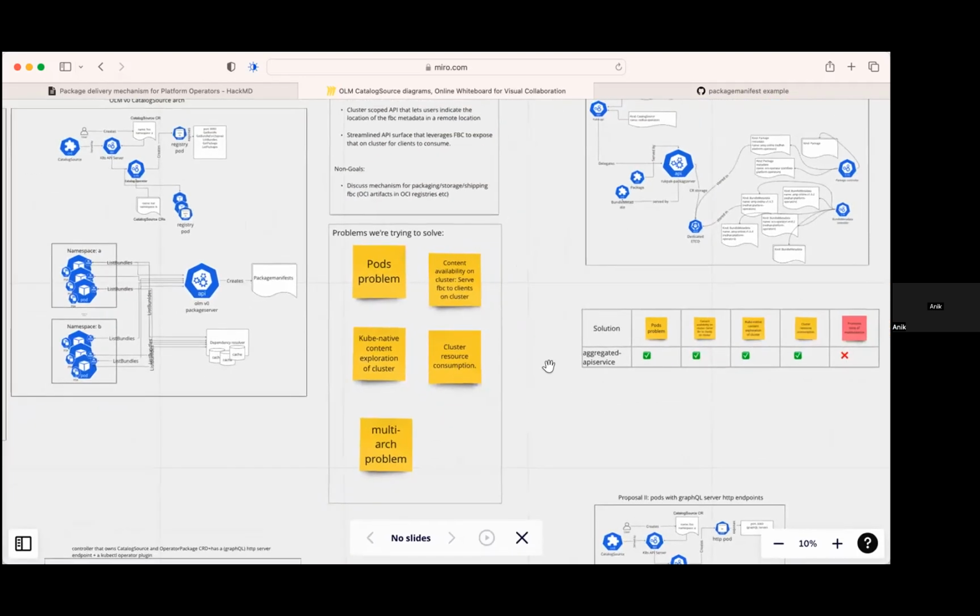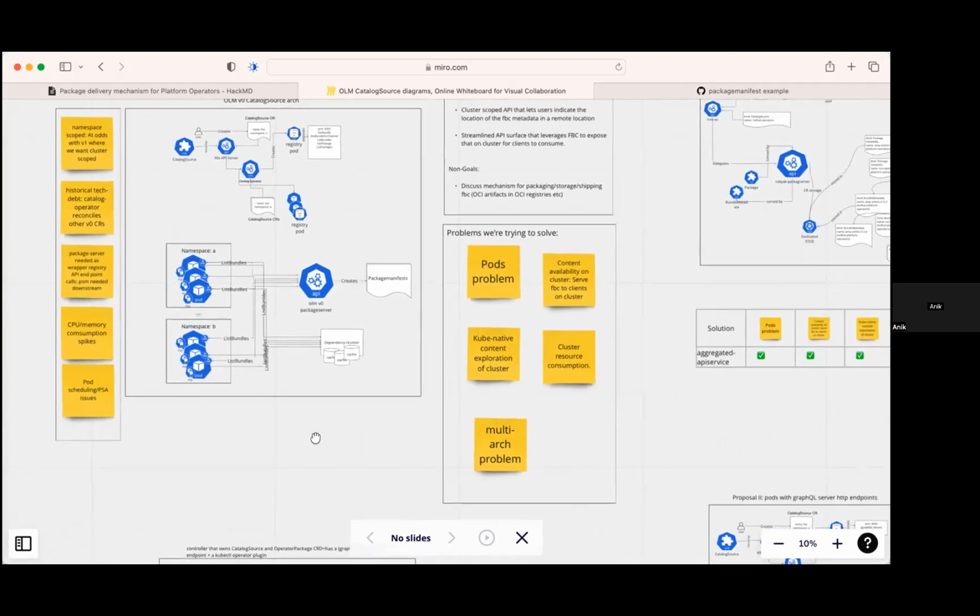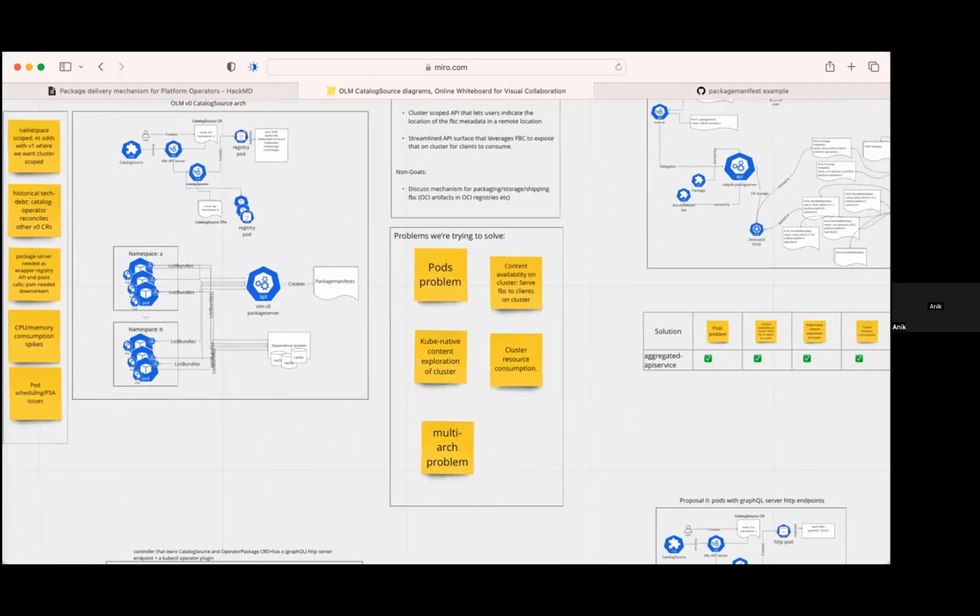So with that in mind, I've listed down some of the problems we are trying to solve so that we can look at this as summary bullet points. One is the pods problem, and I'm bundling in all of the conversation that we've had about pod scheduling and memory spikes and the API guarantees, the gRPC API. All of that is being overloaded into this overloaded term, the pods problem. But for the sake of keeping things short,